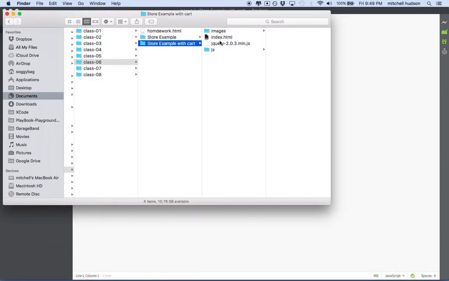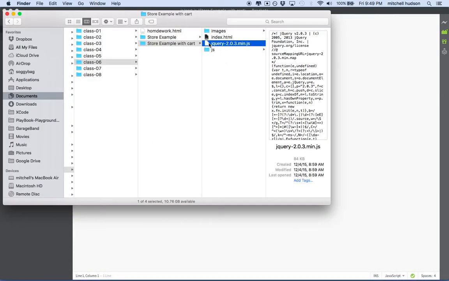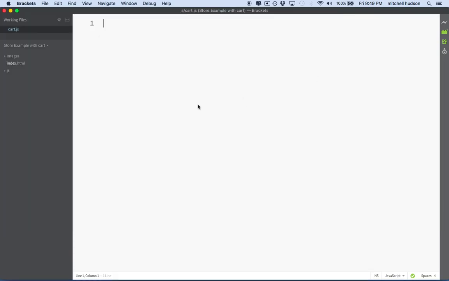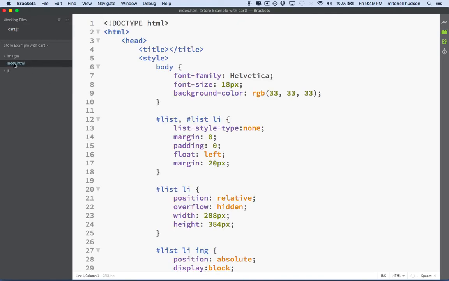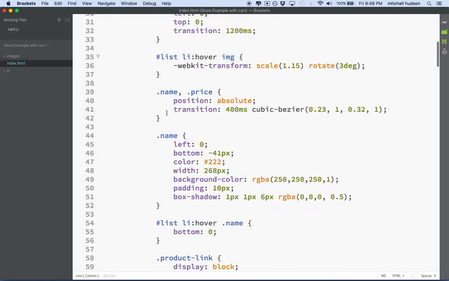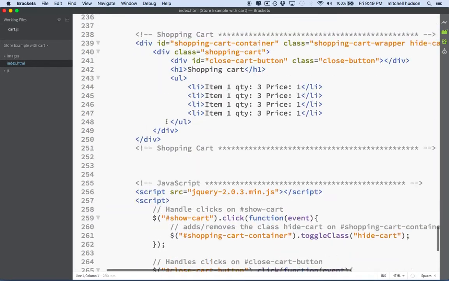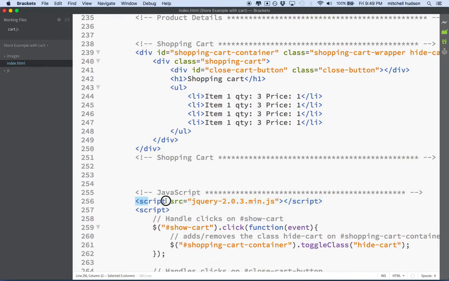And I think I'll move this jQuery file into the folder too. I'll have to update my path for that. But anyway, there we go, so I got all that stuff there. And then let's go to our file here, index.html. I'll scroll to the bottom here, and you can see I've got the script tag for jQuery. Let me change this. I'm going to delete that whole thing and type in source equals, and then you can see that Brackets is going to give me the path here, and I'll choose the JS folder, and then I'll choose jQuery